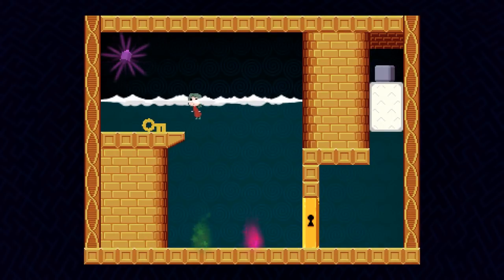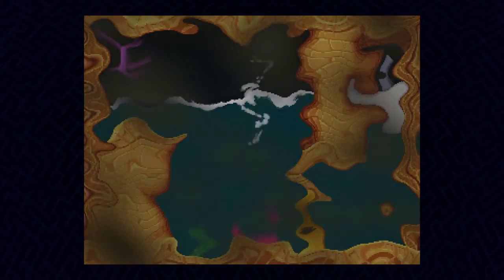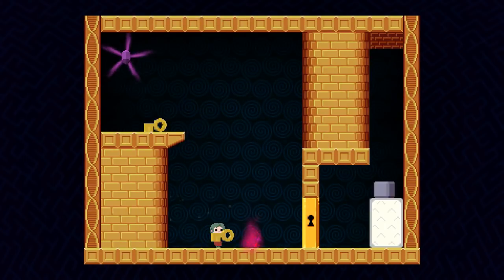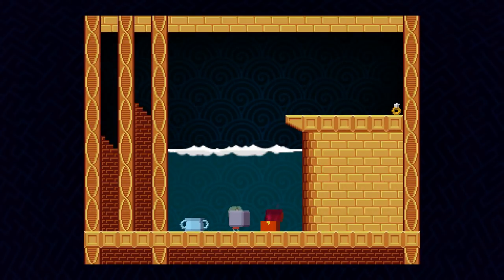So let's go grab ourselves a key, because keys are nice. And then exit this world. Bring a key into the unflooded world in order to get a rock. Okay, so now I have a rock. And so now...